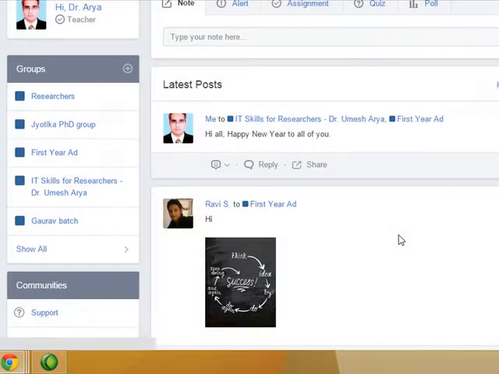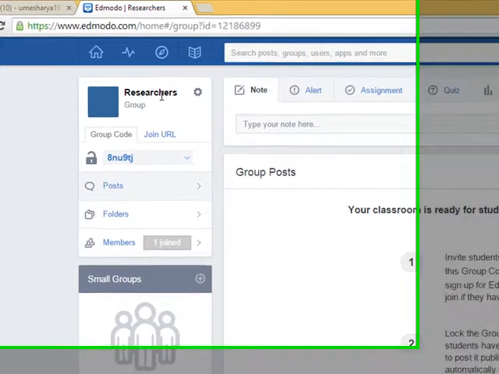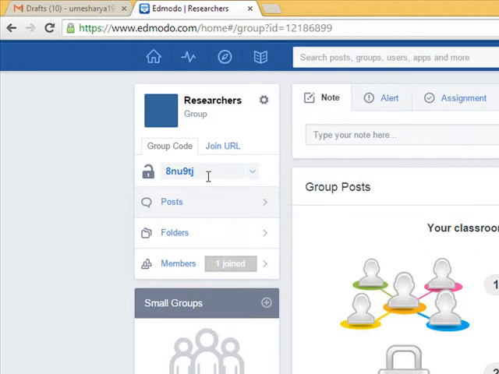Finish. So this group is created here, and anybody who wants to join this group will have to register on Edmodo using this group code. For example, a student who is already registered on Edmodo can join this group by entering the group code this way.